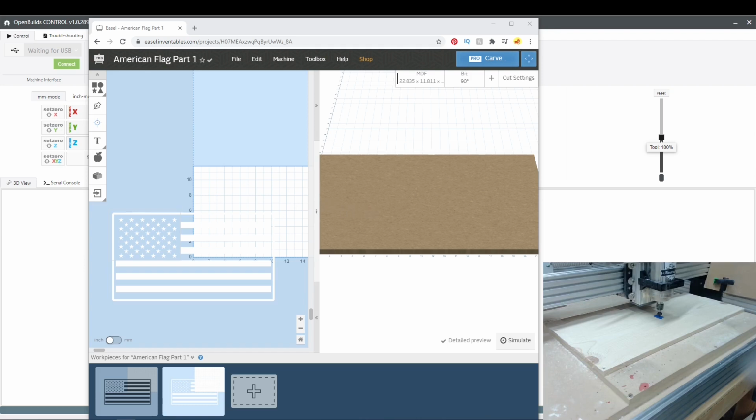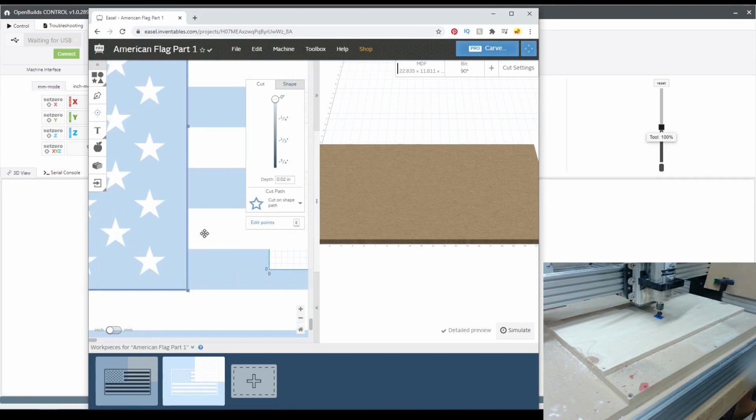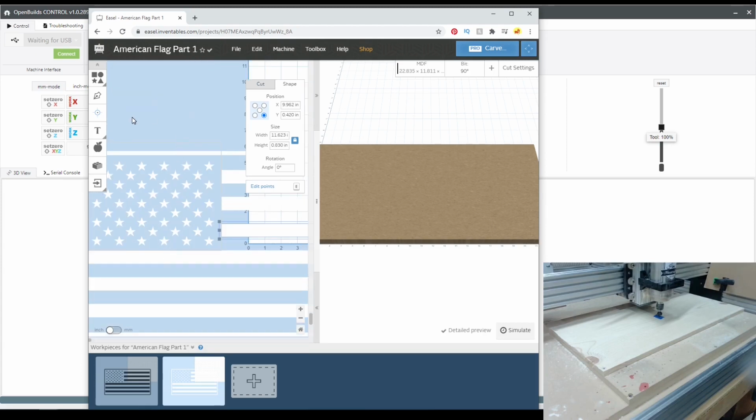But what I'm going to do now after marking center is I've set my 0 where it needs to be. I'm going to come through here and trace this square out. So basically I've outlined the union by aligning the left side of these stripes to the right side of this rectangle I've made here, and the top of this one to the bottom of the rectangle by grabbing this number and copying it, pasting into the bottom of that. I'm sorry, X for this one and Y for this one. And then making sure that that rectangle is large enough